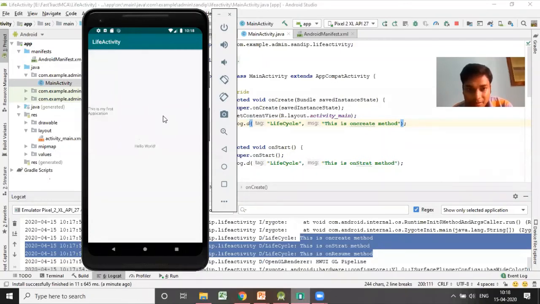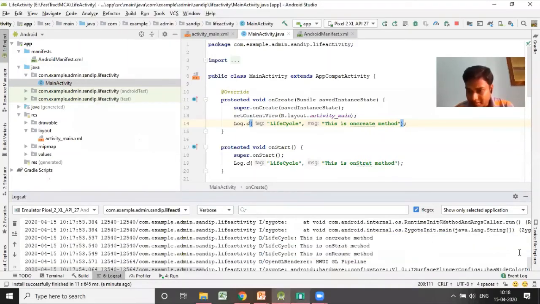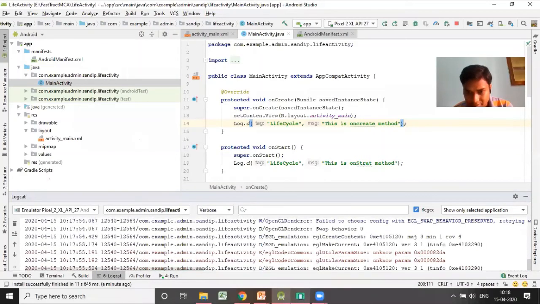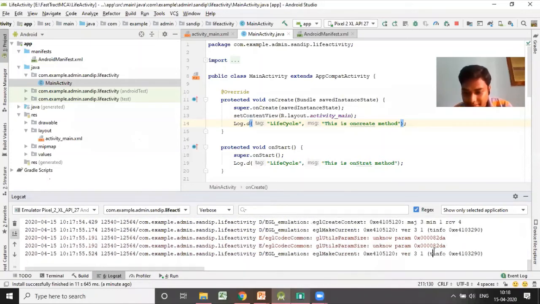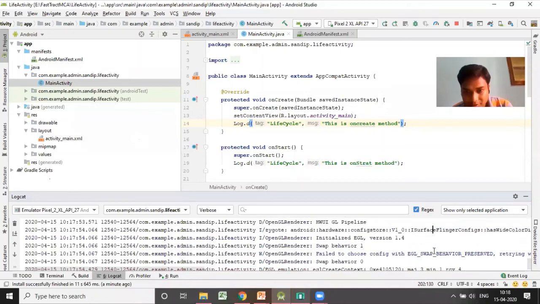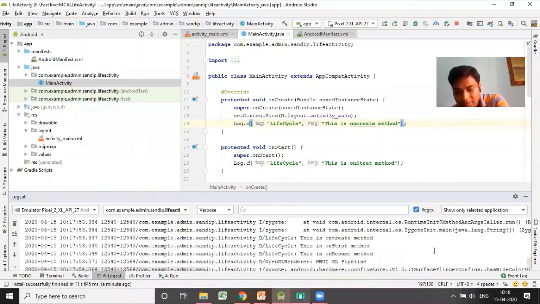Clear? Now suppose you want to put it into the background, that means I hide this application. It is very difficult to understand because whenever you run this, these lines are executed very fast and you are not able to trace them. So we'll trace very slowly.